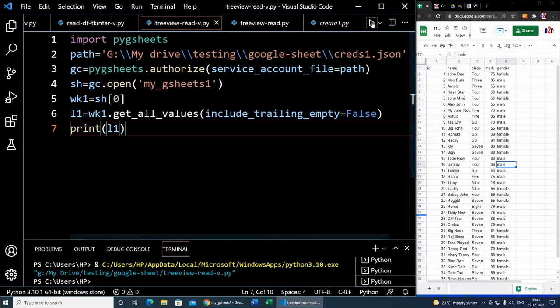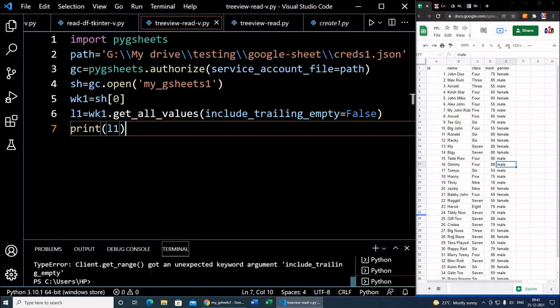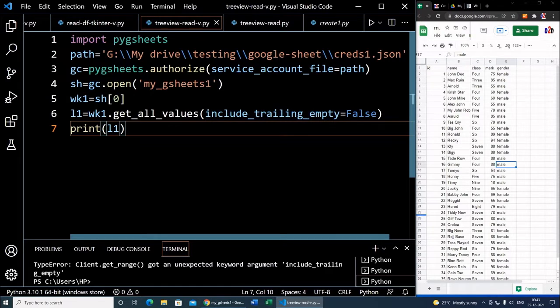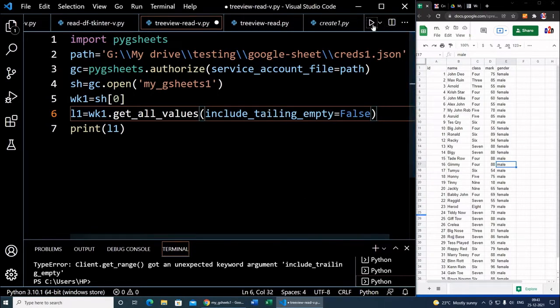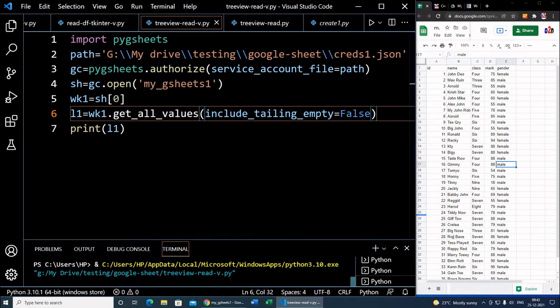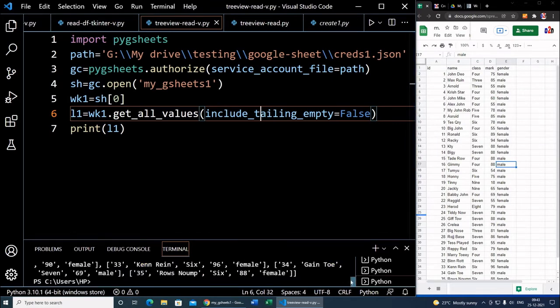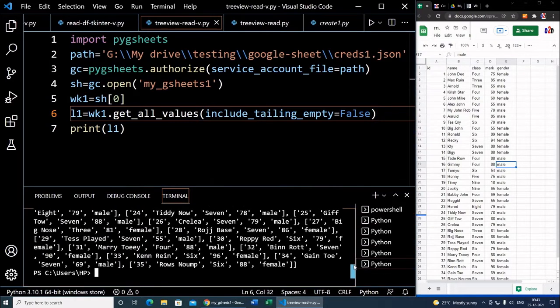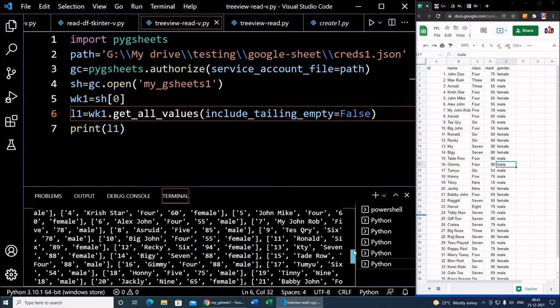So I have just saved it and am running. Let's see what comes up here. This is executed, connected to that. Okay, something keyword include, I have done something wrong here. I wrote include TA, telling this R is not there. Let me remove this, telling empty false. So saving again and running it. You can see the output will come here. Yeah, all the records are collected. I will just pull it up a bit. You can see all the records are collected as a list.